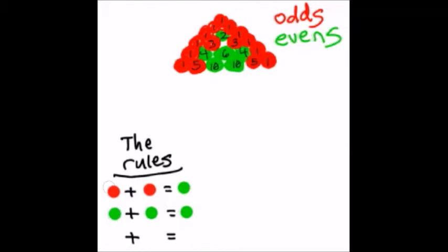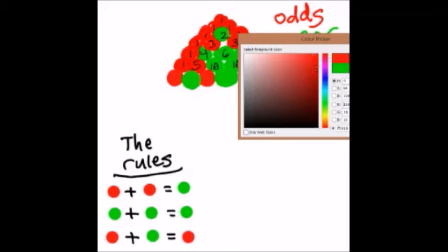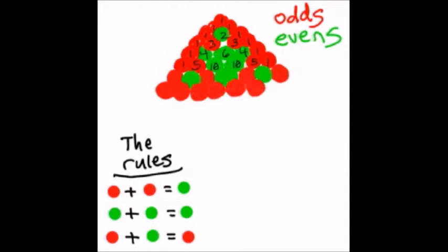An odd number plus another odd number will always equal an even number. Even plus even is even, and odd plus even is odd. Using these rules, we can go ahead and fill in the rest of the pattern. No numbers needed. Numbers were never needed. After a while, we start to see an interesting shape.